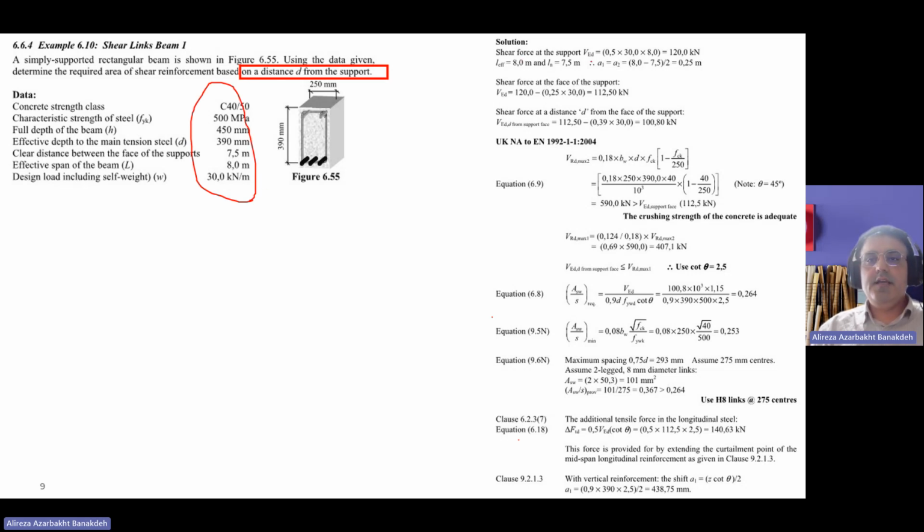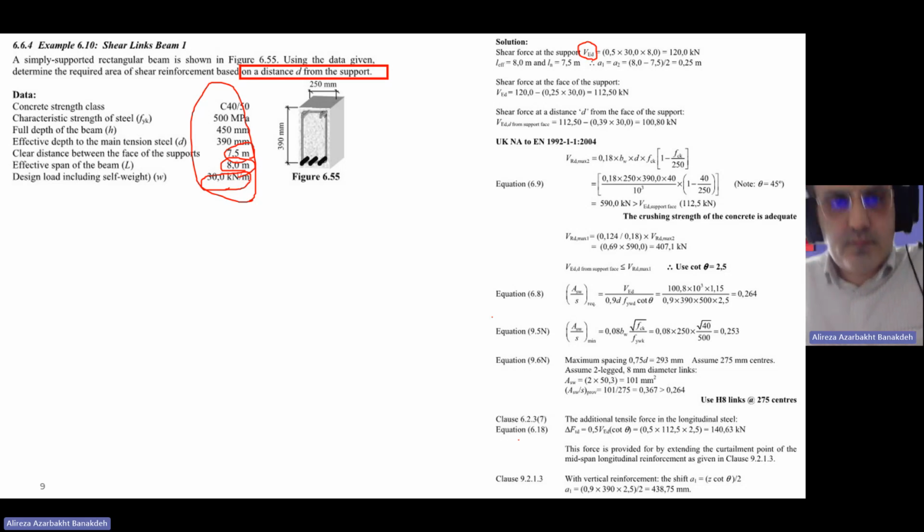And the idea is that the VED, the shear force, should be calculated based on this uniformly distributed force along a single beam, and the length of the single beam is provided here, 7.8 meter, and the effective span of the beam is 8 meters, so it means that you have 20 centimeter in each end for your beam to lay down on the support. So that's why